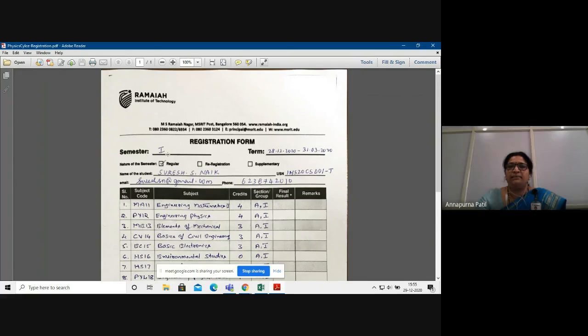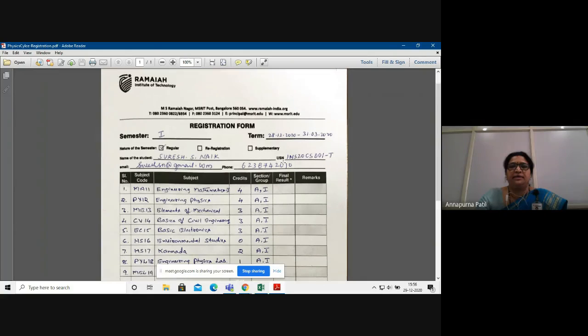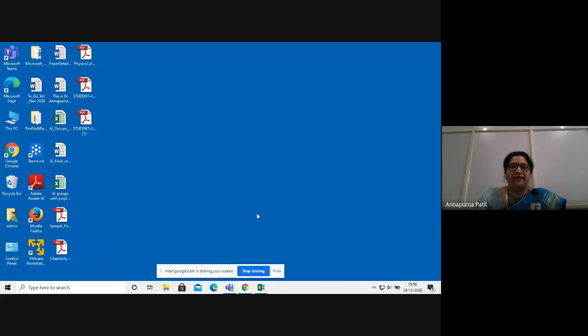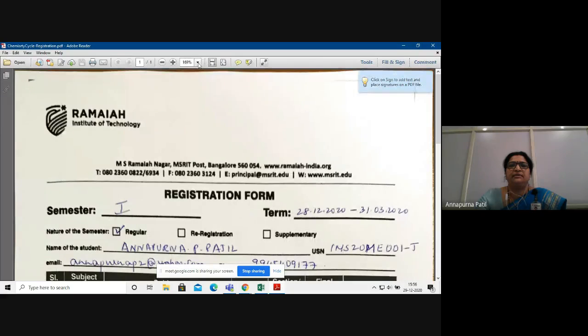And the semester is 1. The term is 28/12/2020 to 31/3/2020. And you have the USN 1MS20CS001-T. The -T indicates it's a temporary USN given by the institute. Okay, so this is a sample form for the students of computer science and engineering who are in the physics cycle. Okay, so I'll also show you one more sample form which I have entered, which is the chemistry cycle,